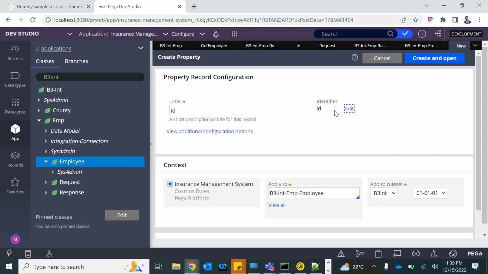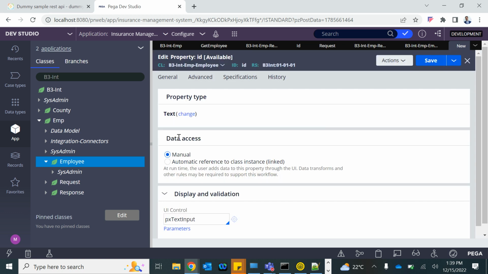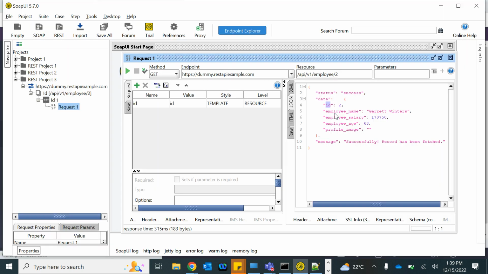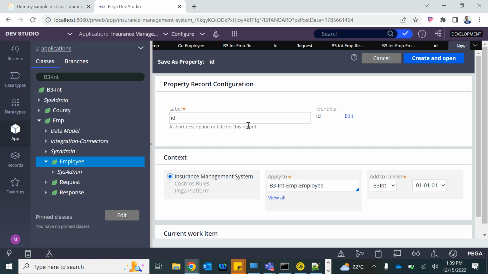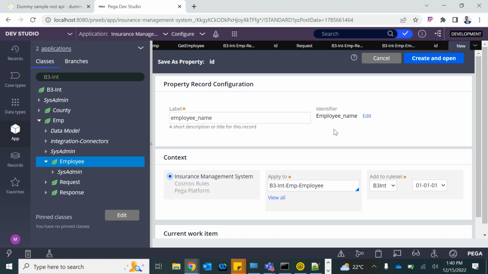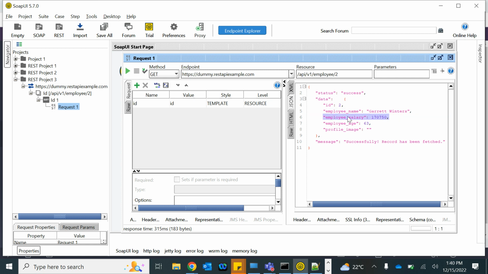So we will name exactly same in the integration class. ID, save as, then employee name exactly same. This ID has to match, okay? So it's all lowercase. Then employee salary,